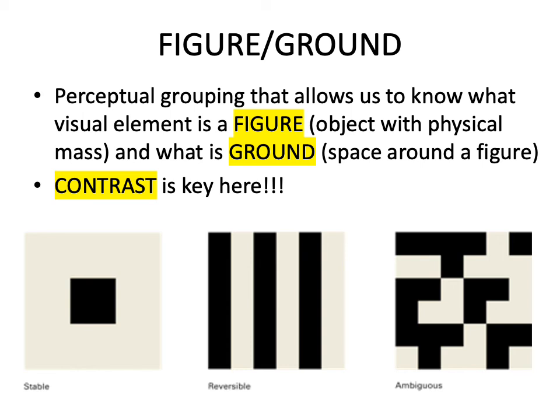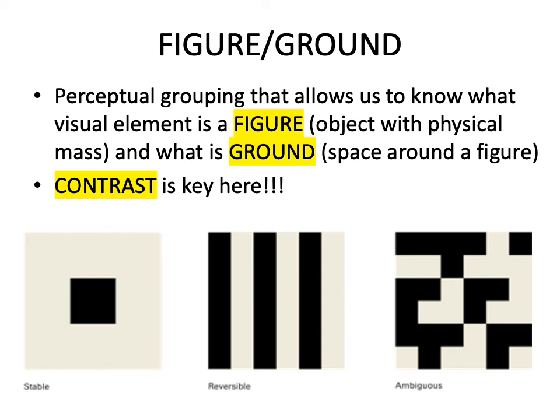Here, we have a stable figure-ground relationship where it's very clear that this black square is the figure and the white is the space or the ground. There's no ambiguity there at all, right? Great clarity. This is important for people who design for large audiences and need them to understand important information quickly, right?